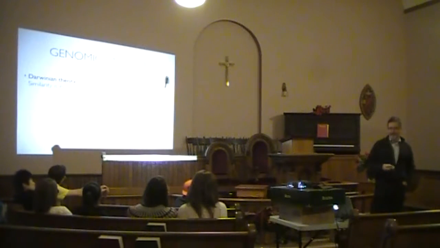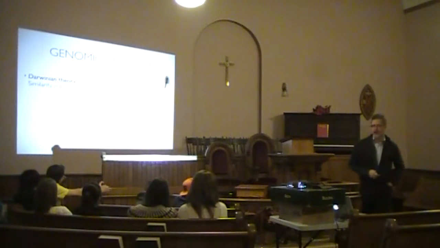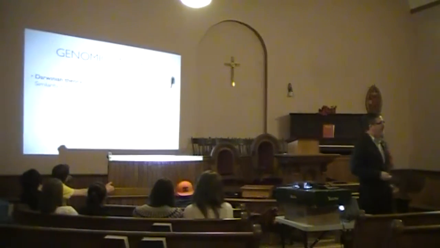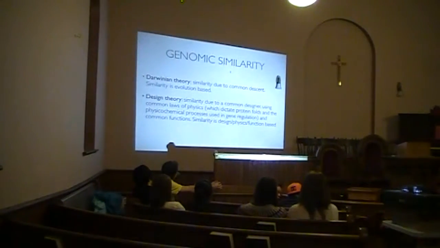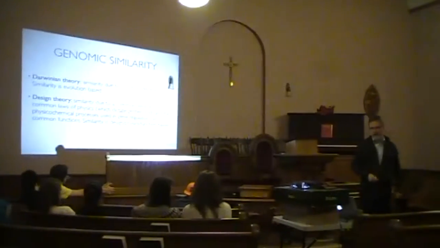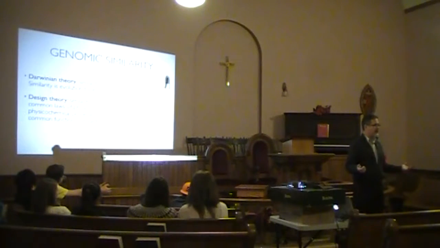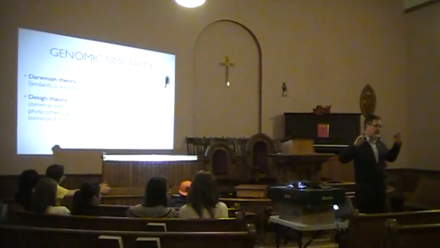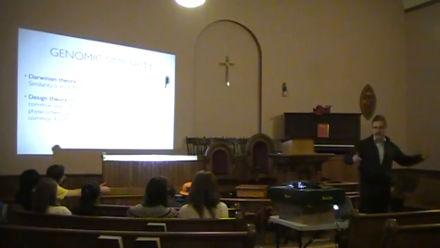Genomic similarity. In Darwinian theory, you'll have similarity due to common descent. Similarity is evolution-based. In design theory, similarity is due to common designer. That is, you'll have same components used in different things because you have a common designer, using the common laws of physics. The laws of physics are operative for all life forms. So you're going to see similarities in life forms regarding proteins, protein foldings,